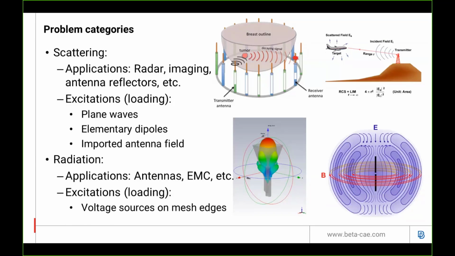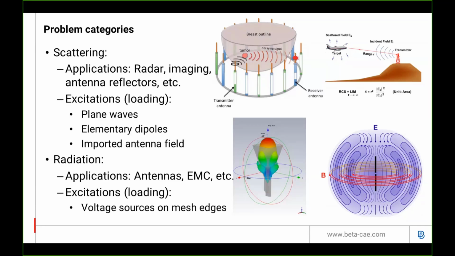So in scattering problems, you have an external source which illuminates the object. It radiates radiation onto the object, and the object scatters the incoming radiation into all directions. Such examples are, for example, radar applications. As you can see on the picture on the top right, the basic principle of radar is that you have a transmitter antenna,